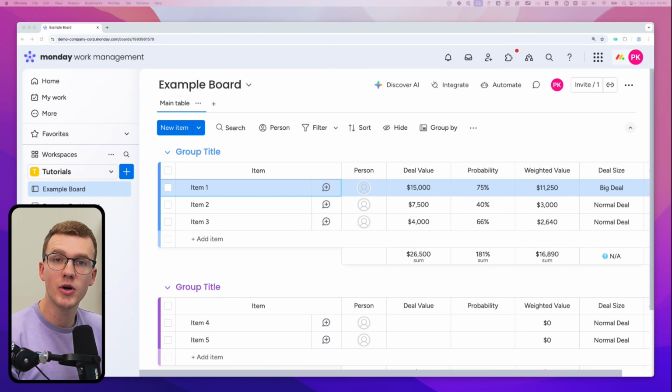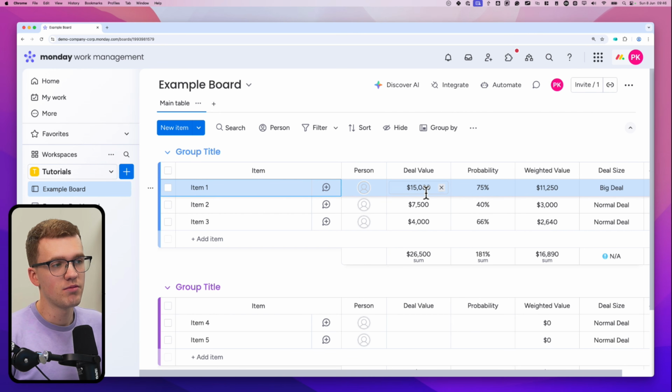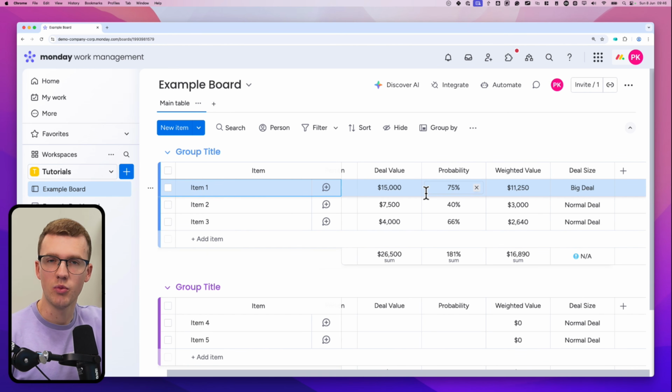Tip 68 is about item cards within Monday Work Management. If you have a lot of different columns or a lot of columns that are connected to each other, there's actually a great way to showcase this. Rather than scrolling through boards and figuring out which column belongs to which column, you can actually create an item